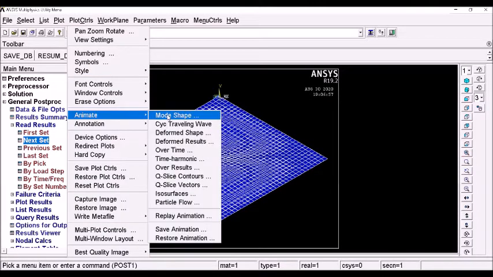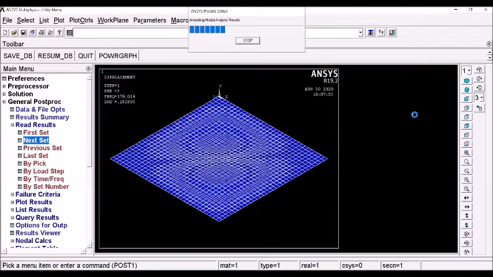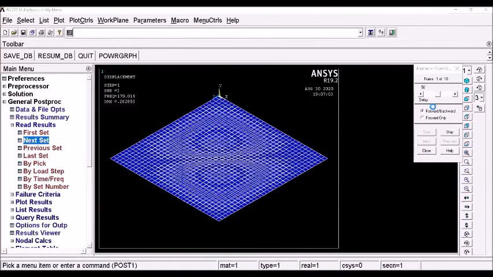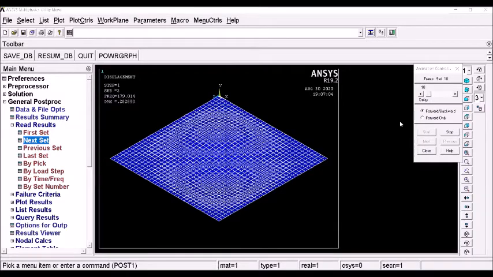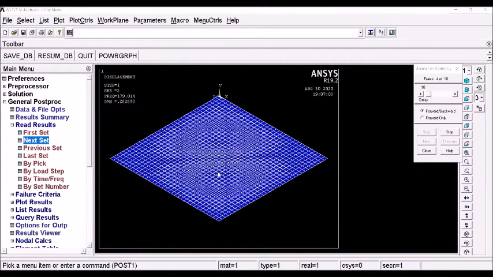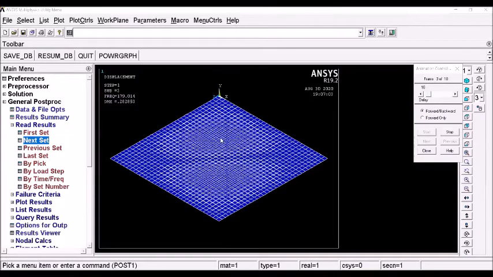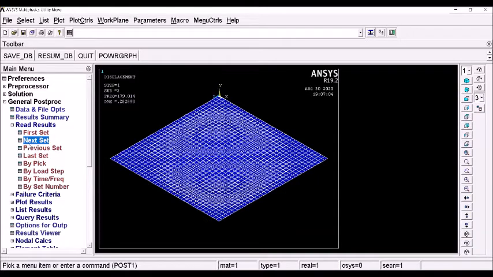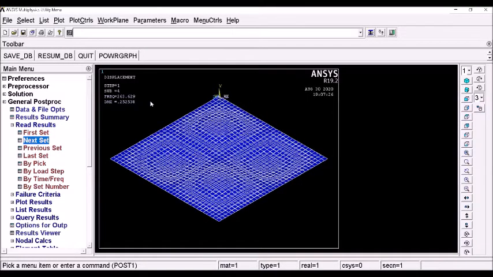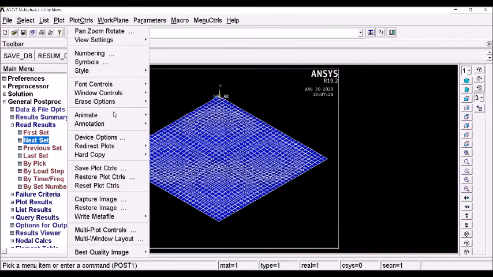This is the third modal vibration. See, this mode is similar to the previous mode, but the direction of vibration is different here. That is why you see the same frequency value. Both second and third mode will happen at the same frequency. Read results, next set. I'm reading the fourth mode. You see the fourth modal vibration.